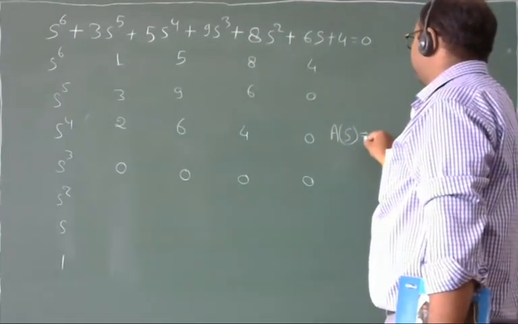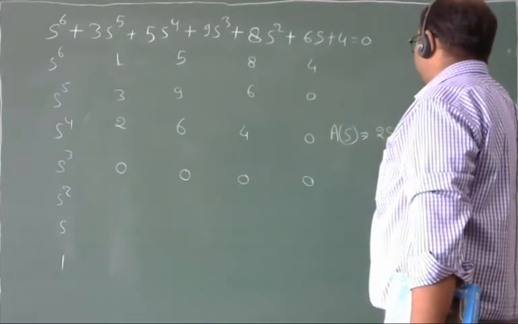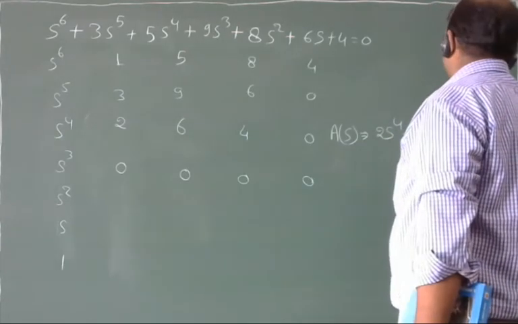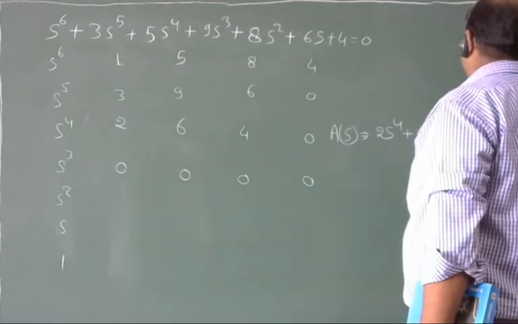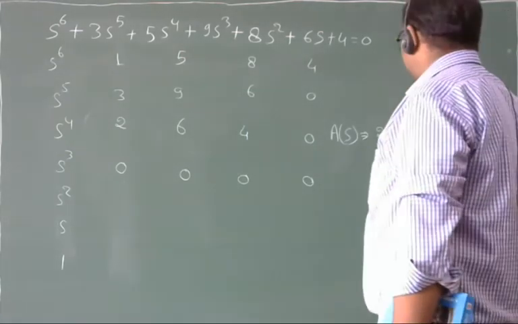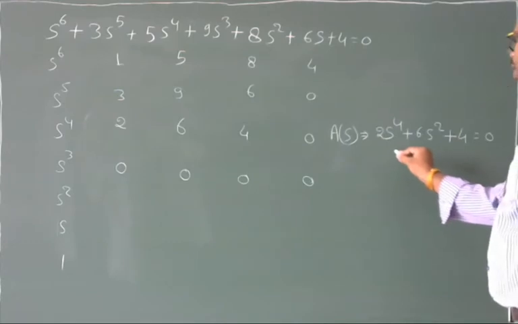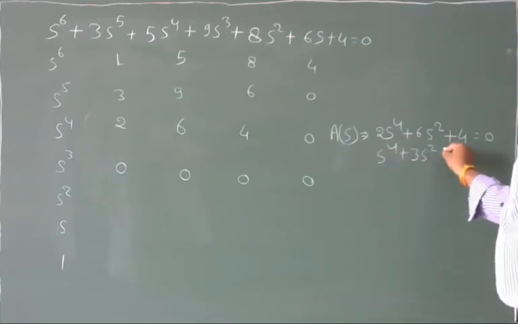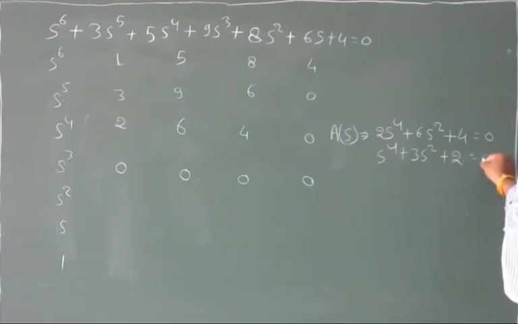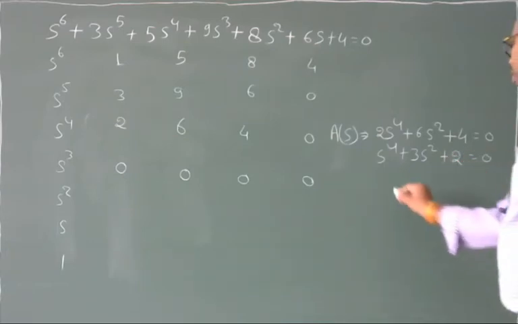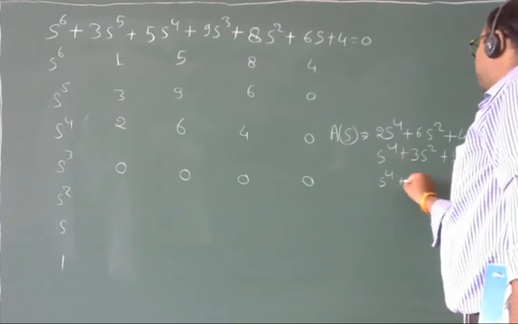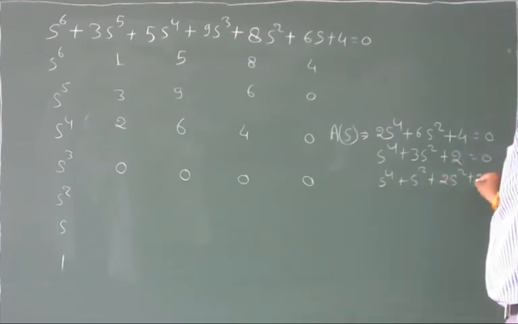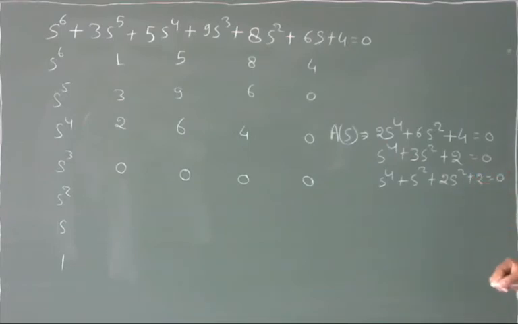So the auxiliary equation will be 2s power 4 plus 6 s square plus 4 is equal to 0, or s power 4 plus 3s square plus 2 is equal to 0, or s power 4 plus s square plus 2s square plus 2 is equal to 0, or